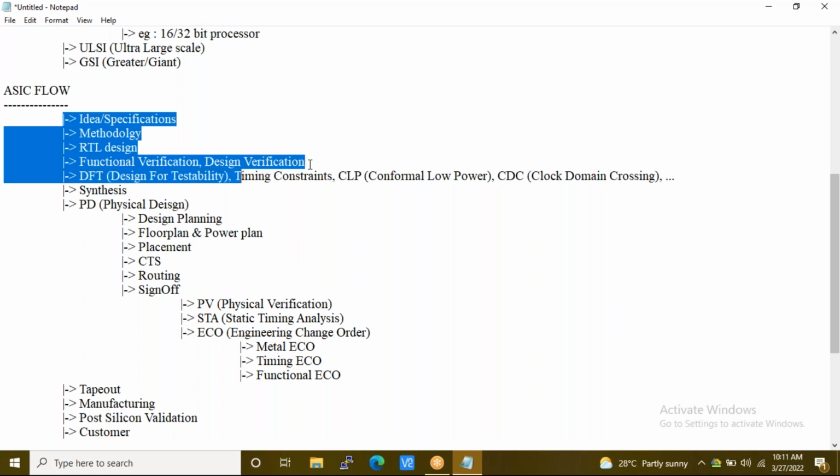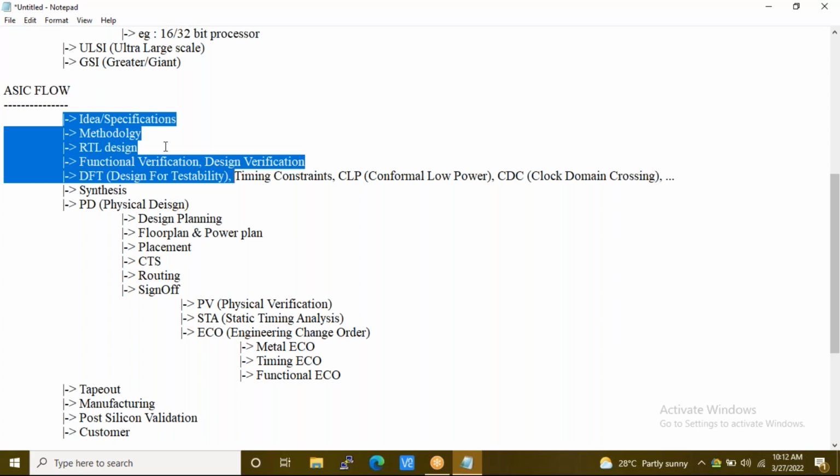Or let's make it, I'll add here. Till this particular level, it's a complete front-end designing, where you should have an ideology related to Verilog, SystemVerilog, UVM, yeah, like that, different levels of coding you might need. Okay. Front end is, as I said, purely on the logical entity. You should know about hardware description language and Verilog, SystemVerilog, UVM, like that, multiple codings are there which you might need to learn.